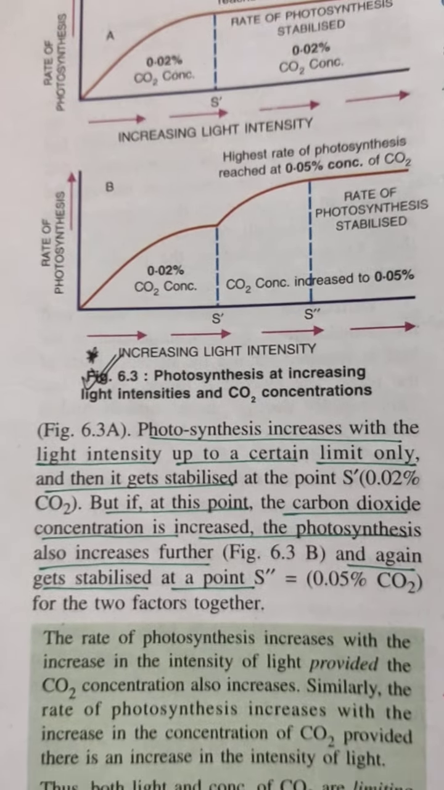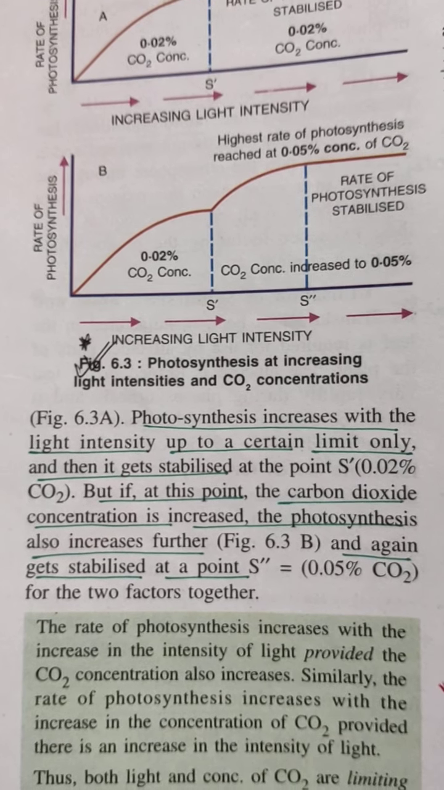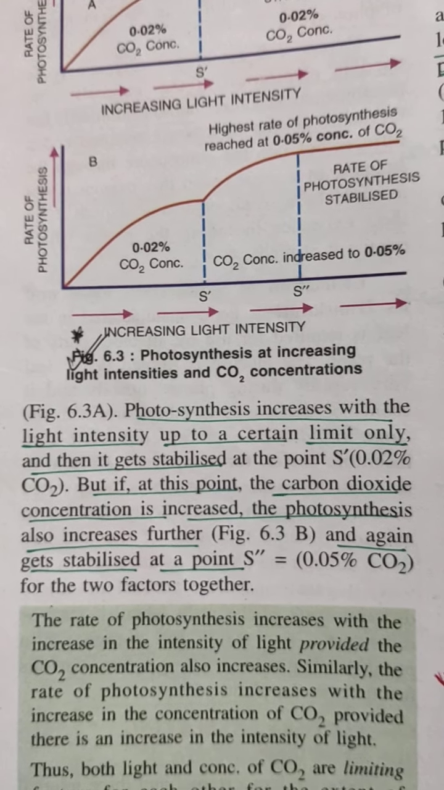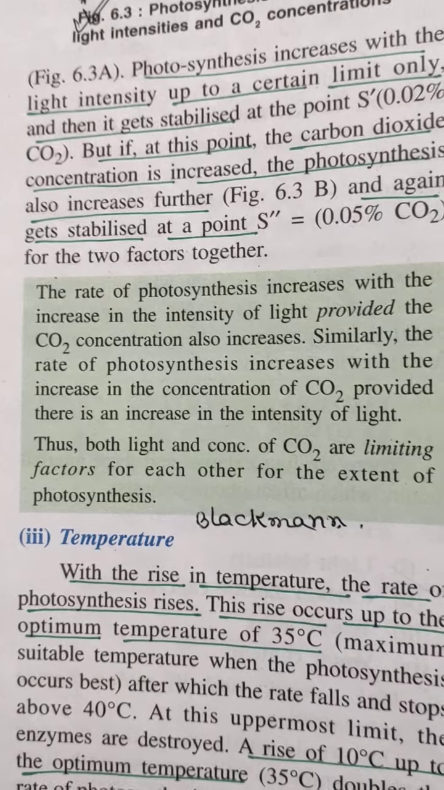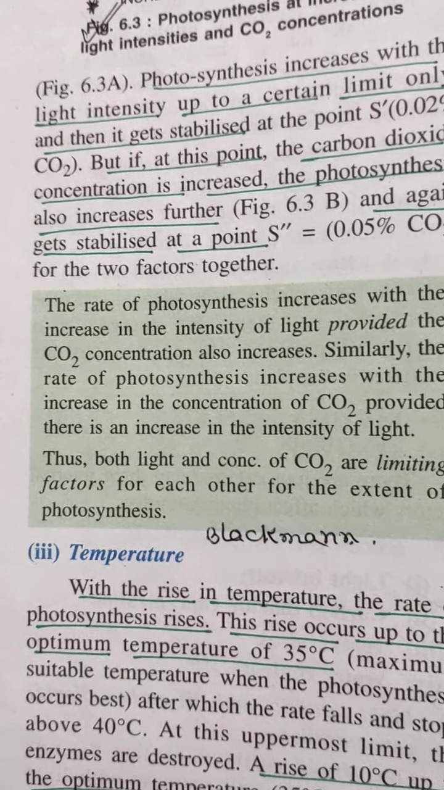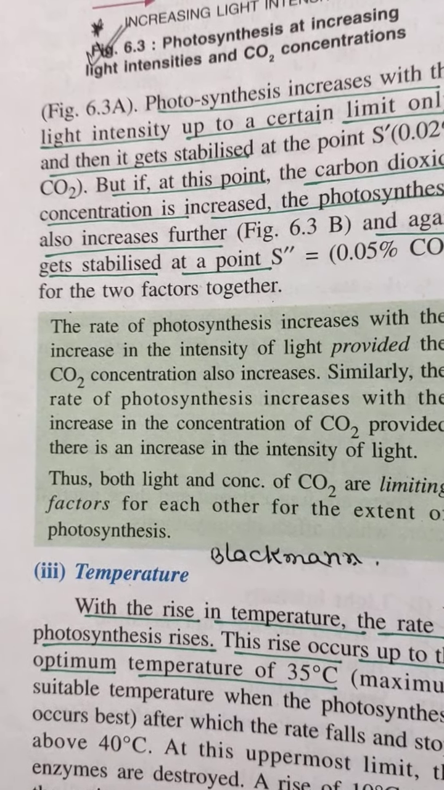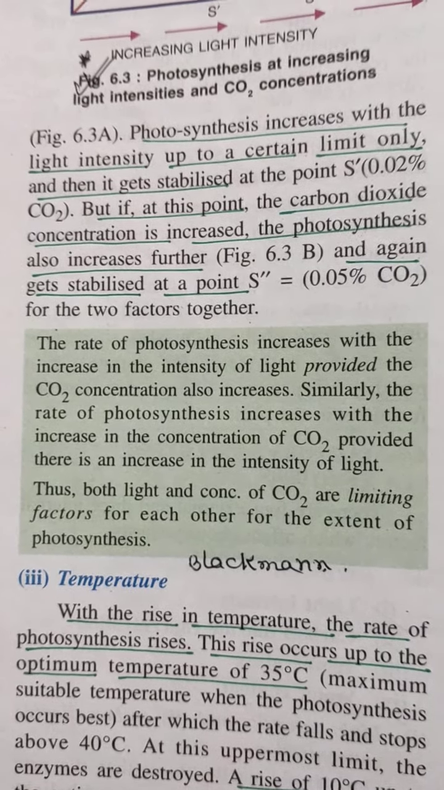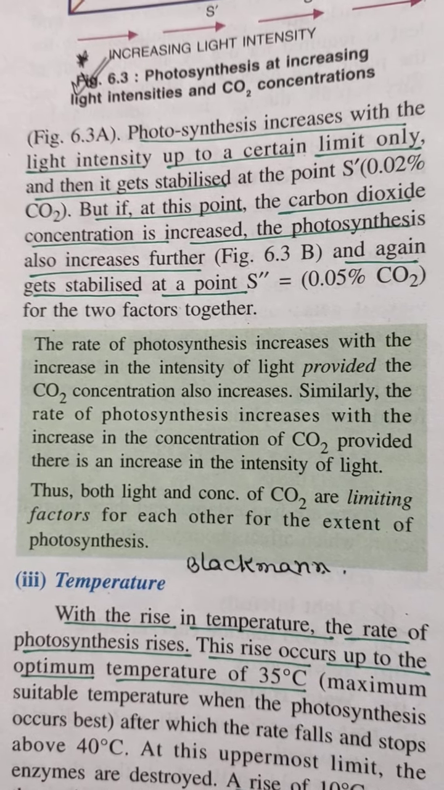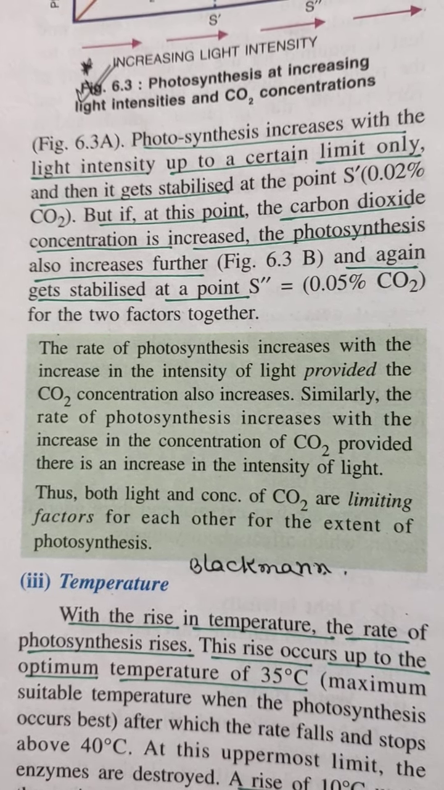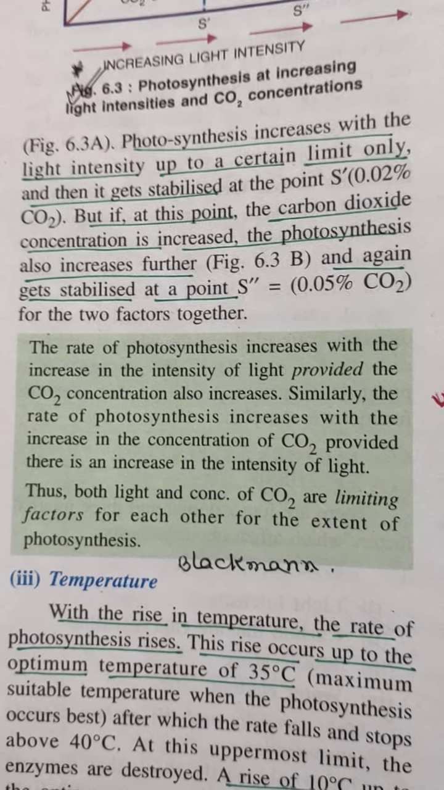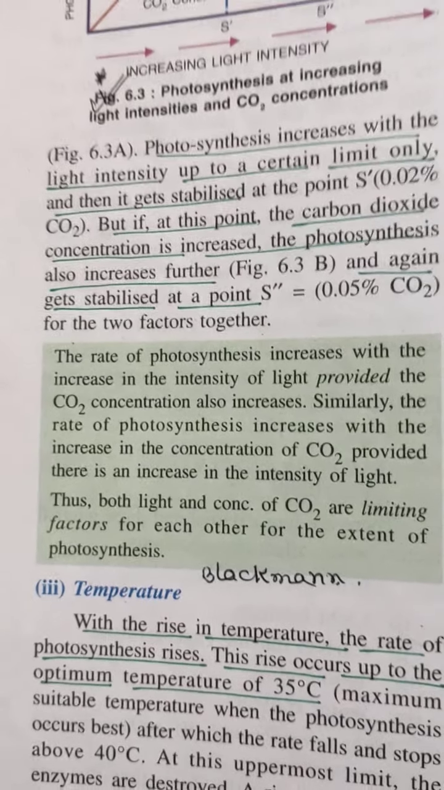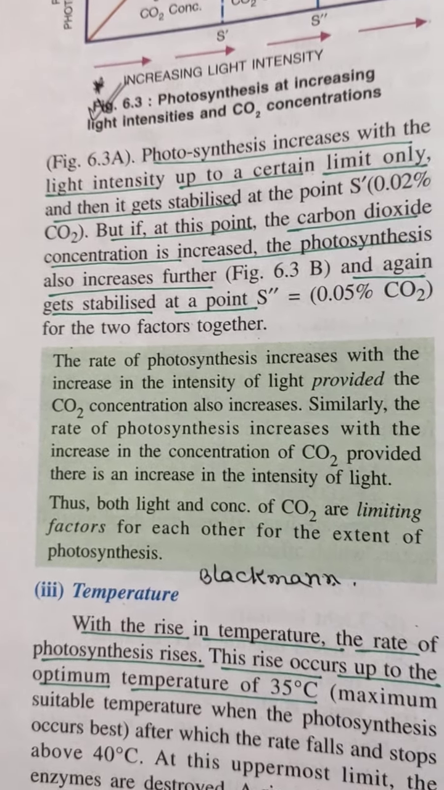But if at this point the carbon dioxide concentration is increased, the photosynthesis also increases further and again gets stabilized at a point. Now let us see. The rate of photosynthesis increases with the increase in the intensity of light, provided the CO2 concentration also increases. Similarly, the rate of photosynthesis increases with the increase in the concentration of CO2, provided there is an increase in the intensity of light. Thus, both light and concentration of CO2 are limiting factors for each other for the extent